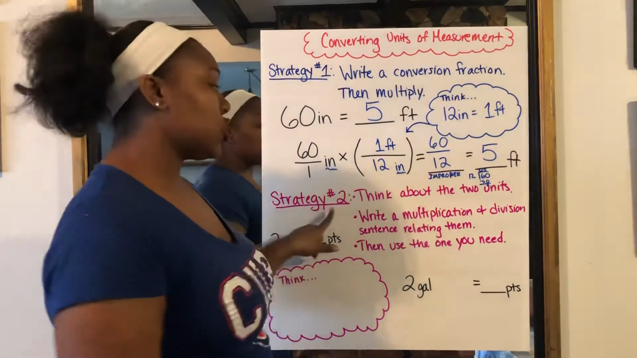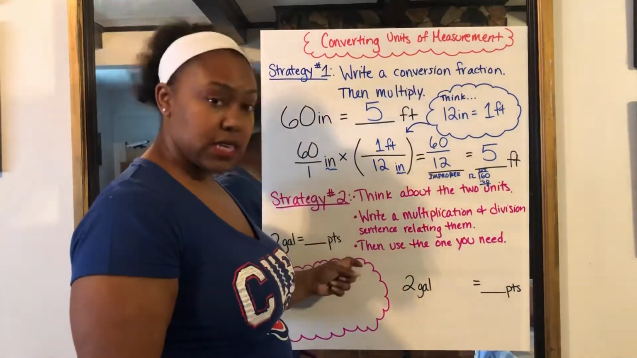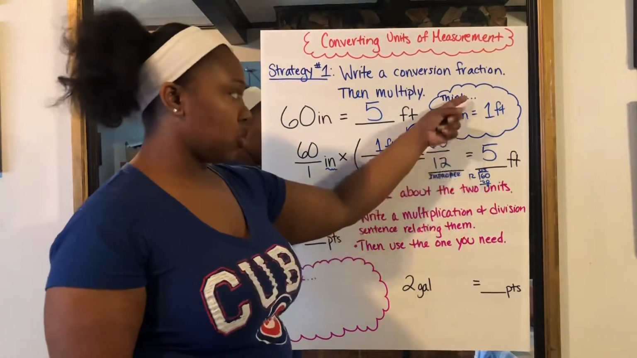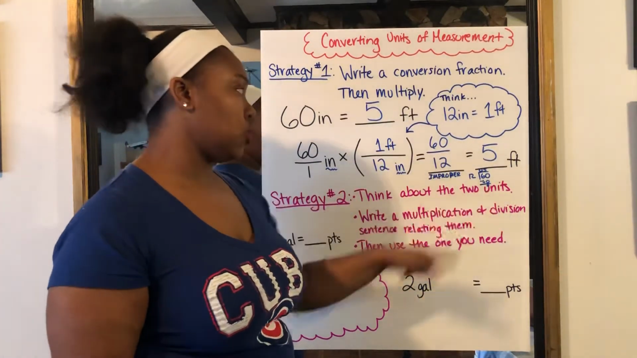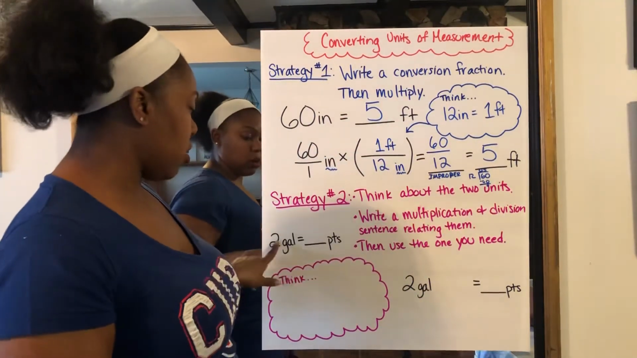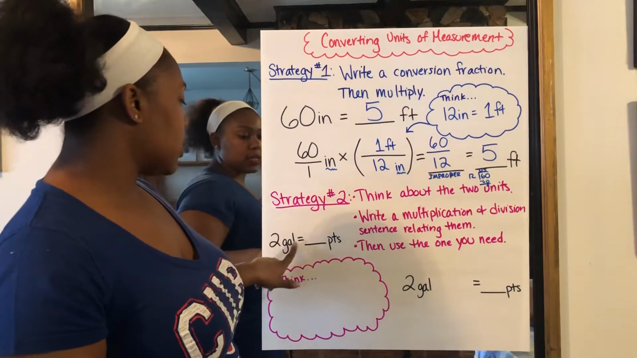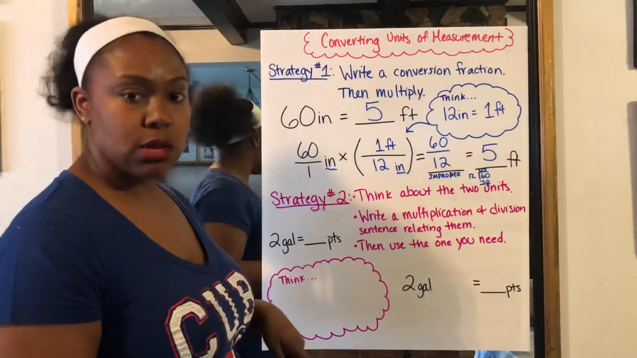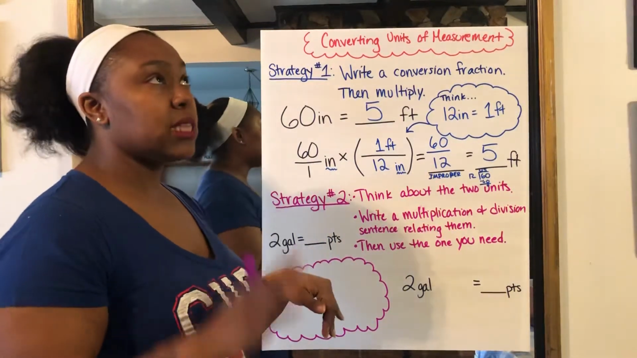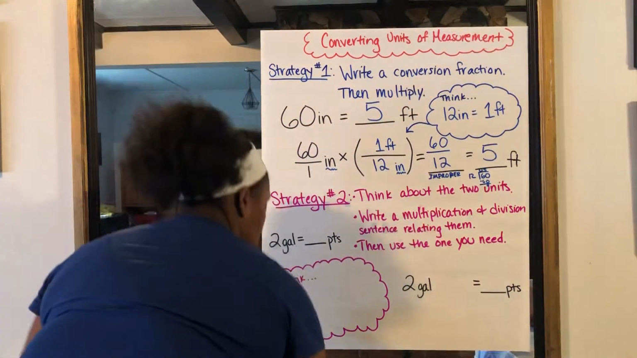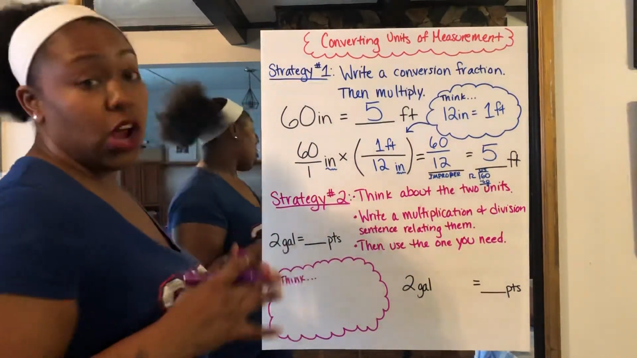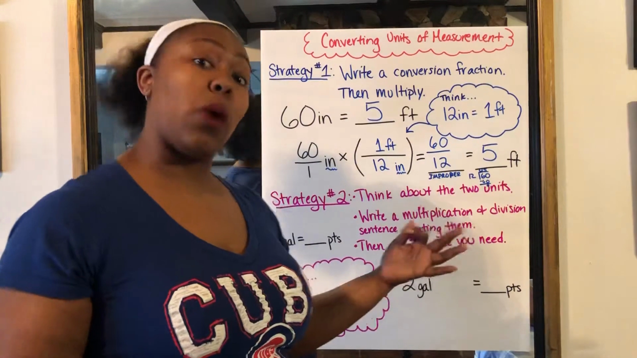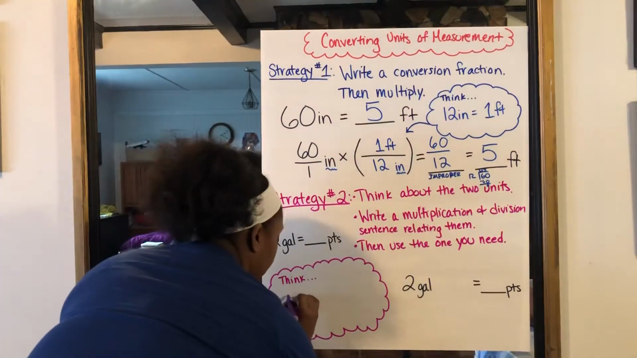All right, strategy 2 has 3 steps, okay? First, just like last time, we want to think about the 2 units. Think about what we know. So down here, let's look at what we got. We got 2 gallons equals how many pints? Okay, so gallons and pints. I need to relate those 2 things. I know that gallons are bigger. They're way bigger. So I'm going to start with 1 gallon